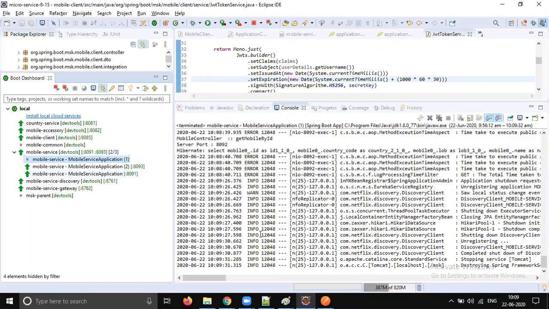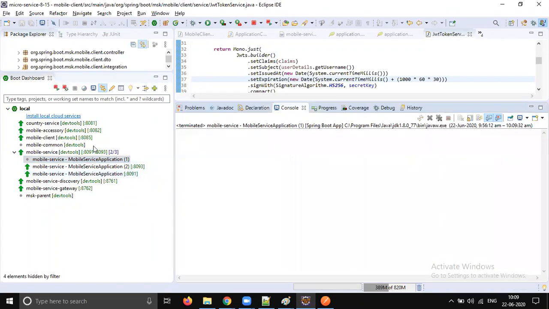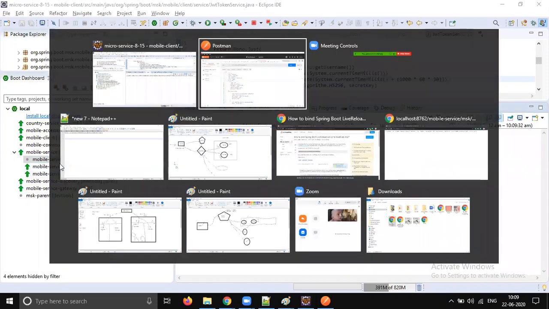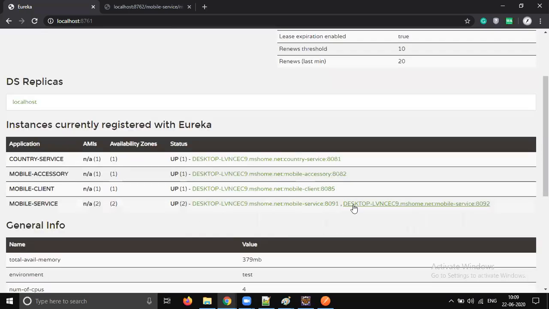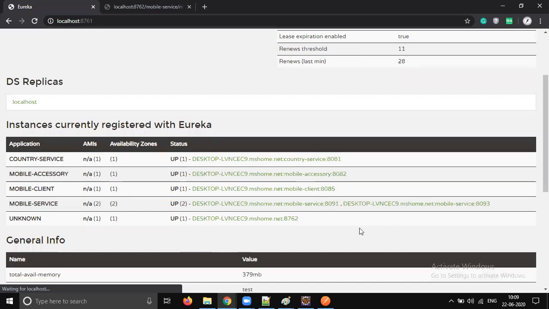Let's assume it is a hardware load balancer. How many days will it take to make the changes? You have to raise a ticket and manage things. But just because of this Eureka and Zuul gateway, just refresh it. You see 8092 will be taken out. I think we need to give some name to our gateway with spring.application.name. That was our mistake. The application name is listed as unknown. We need to take care of that part. So you see 8092 is automatically removed from the traffic. When you add one, it will be automatically added.